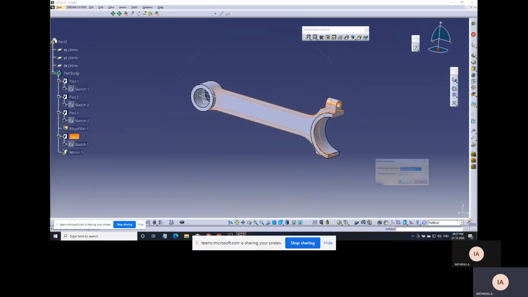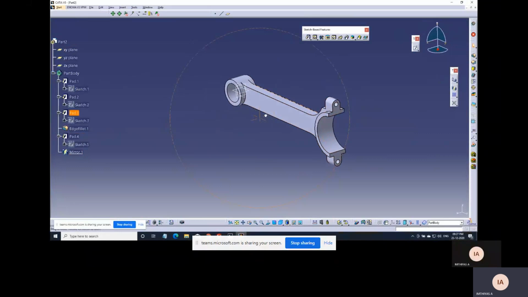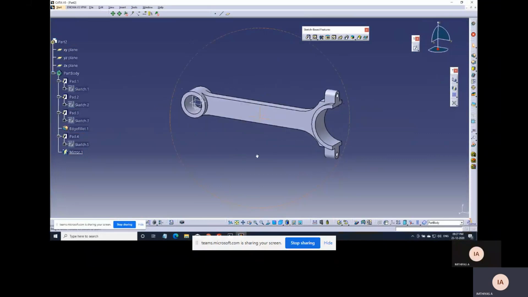Use the mirror action command. And then the part is made on the other side also. It is mirrored.